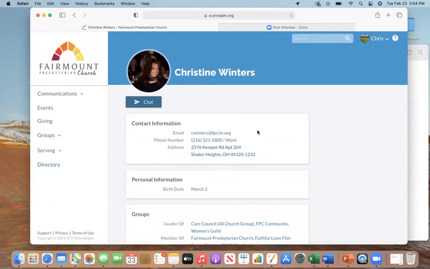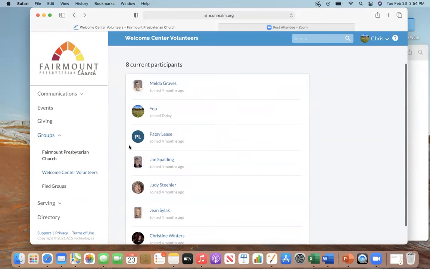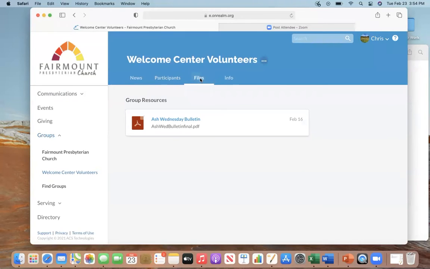and I can see their profile. So if I need to give somebody in my group a call, maybe I want to send them a letter, celebrate their upcoming birthday, I can do that as well. Files. So going back to the Welcome Center to your group main page, if you click on files, you can see any resources. It could be photos, PDF documents, Word documents that your group has posted for the entire group to look at. And I can see that the Ash Wednesday bulletin was posted, so I can actually look at